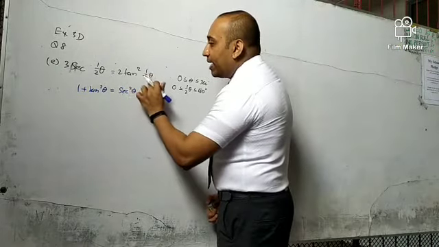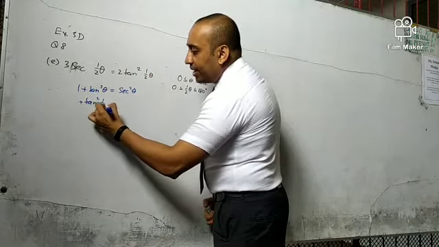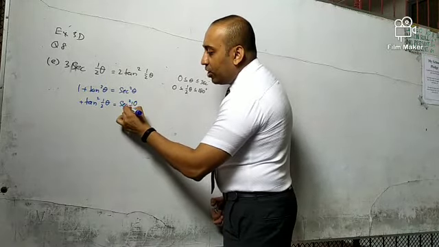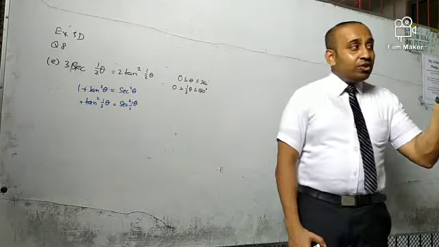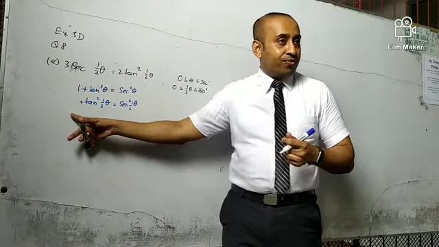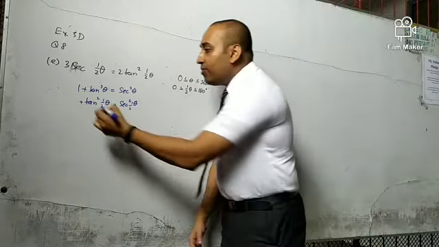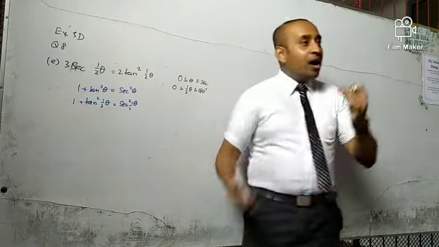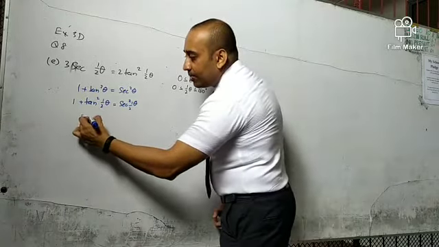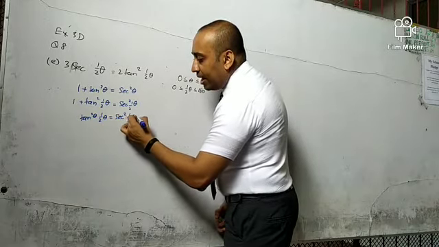Here the angle is tan squared half a theta. So if this angle is half a theta, this one also turns up as half a theta. But some students make the mistake of thinking the value is halved. They misunderstand it. Only the angle changes to half a theta. So instead of tan square theta, you can write tan squared half a theta is equals to sec squared half a theta minus 1.